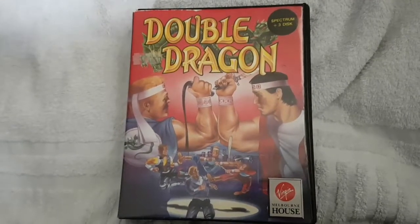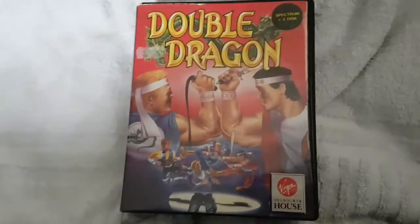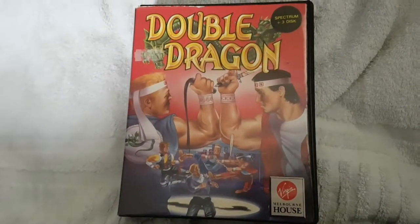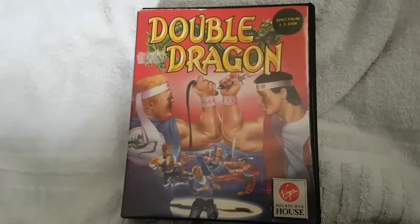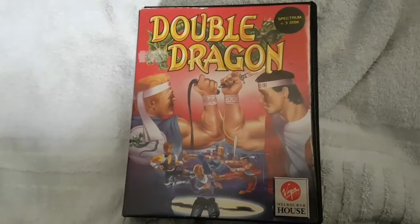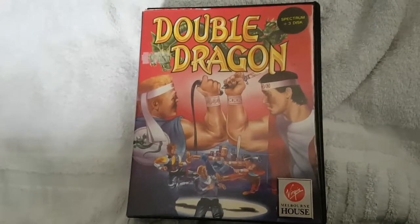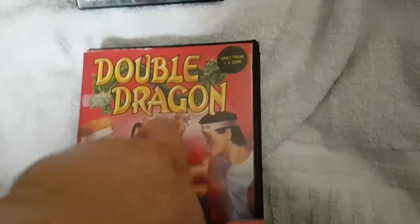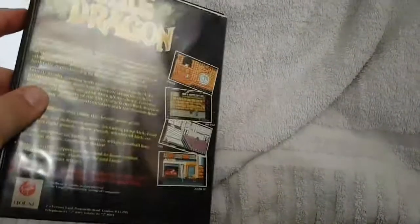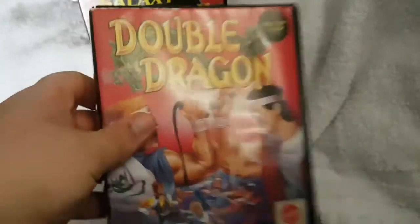And I remember this being a cardboard box back in the day. I know the Mega Drive one is a cardboard box, but I remember the Spectrum version being a cardboard box too. I do have this on tape, new old stock, in the same box as this. But because this is in the new style plastic case, the brown tape wasn't too much of a problem. The only thing it did do is slightly remove some of the top there. But other than that,